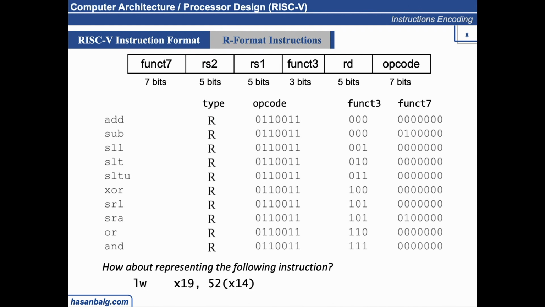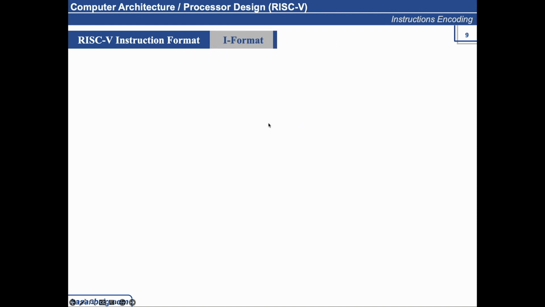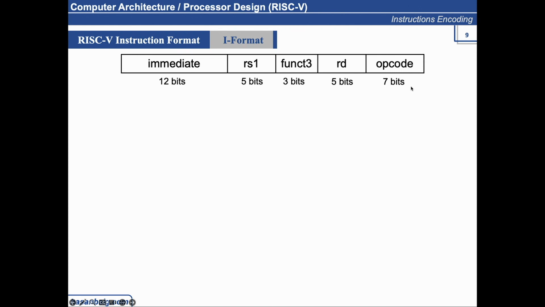Okay? So it is not enough, and we have already been talking about how this offset value is always a 12-bit value, and the reason it is 12 bits is that they have already designed it this way. So the format is we can merge these two fields together, RS2 and func7, to come up with a new instruction format while keeping the size of the instruction the same. So this is called I format. Whenever I use the term I format, you always remember this I corresponds to immediate,